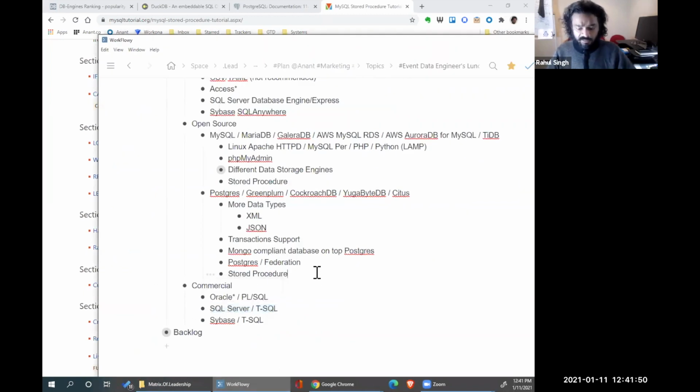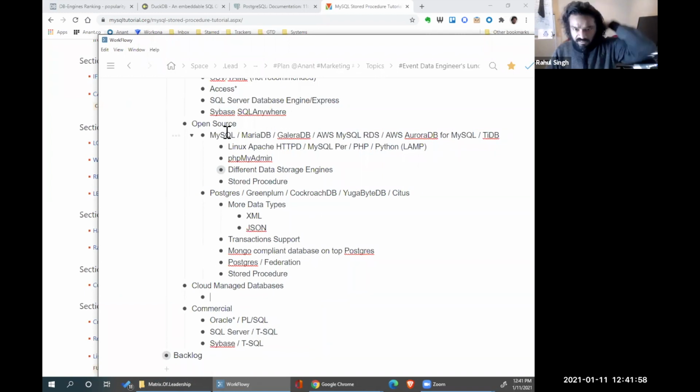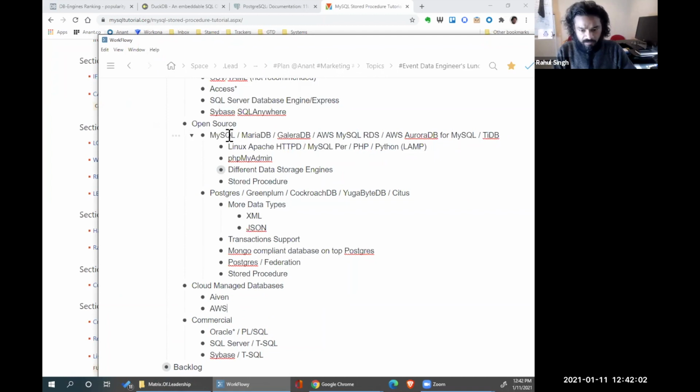And the cloud-managed databases are, for the most part, the same engine, right? So you can go to Aiven or AWS or Azure. Google has different databases. They don't have the same ones.